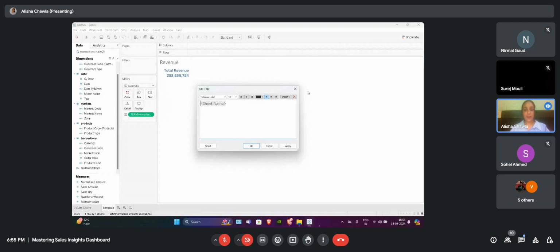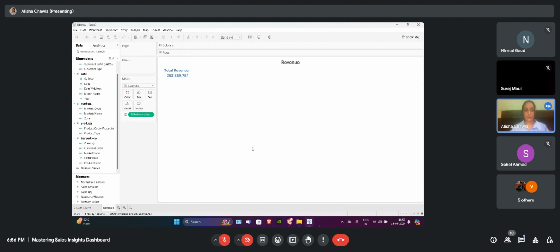To format it, you have to double click on it, and you can format the sheet name also. Let's make it bold, and give it the name revenue only. You can change the size, the font, the color, anything you can do. Apply. Okay, and this is our KPI.